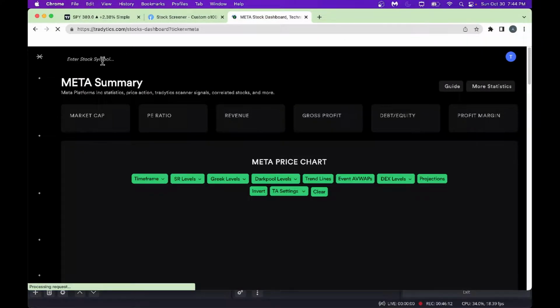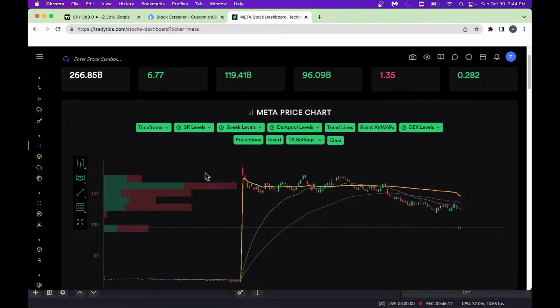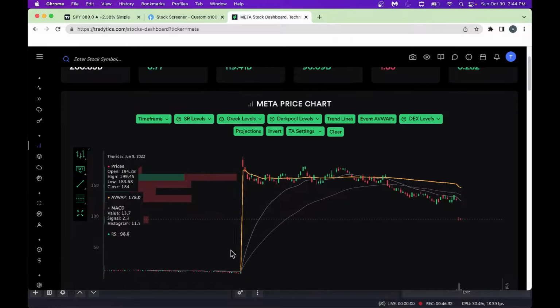There you go, Facebook or Meta stock down big time. These guys have done a good in-house charting, as you can see here. Unlike many other platforms which will take you to TradingView, I think these guys are trying to make sense out of it and create their own charting. It's not a sophisticated platform, but it's good enough, with some indicators which are not available in other traditional charting platforms.